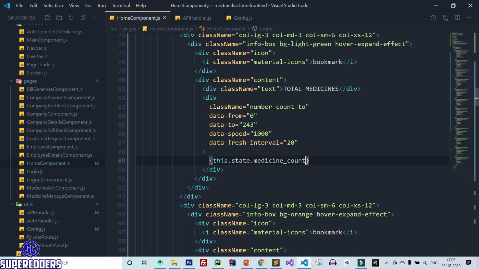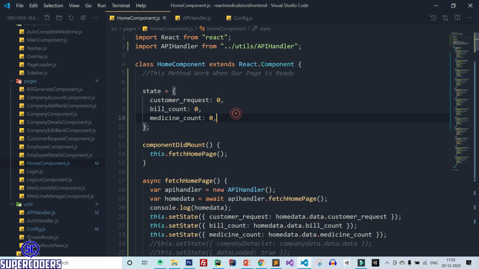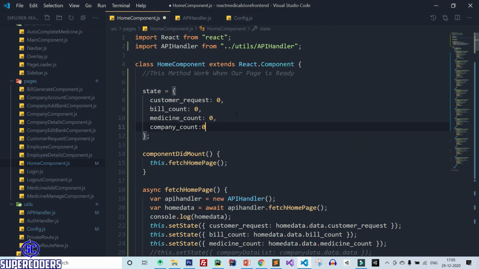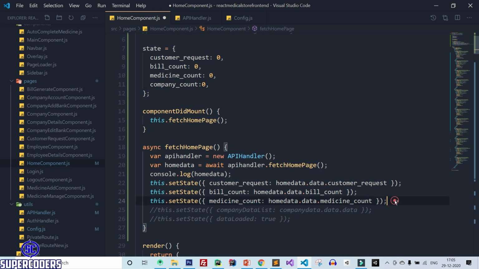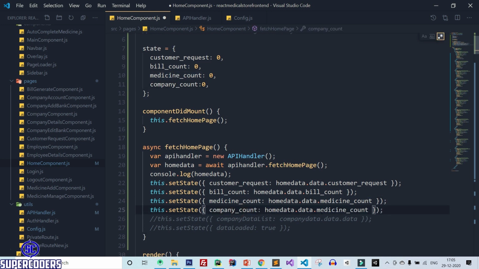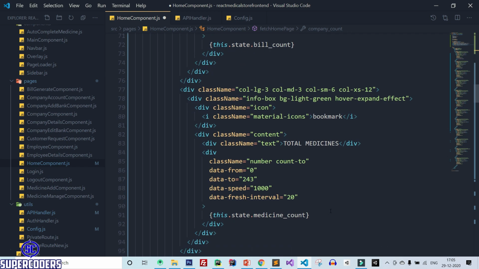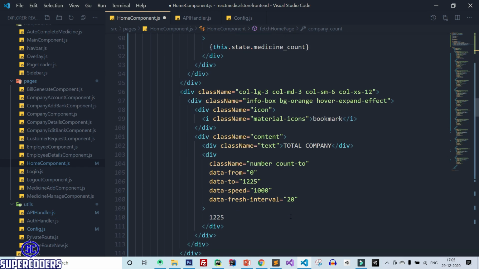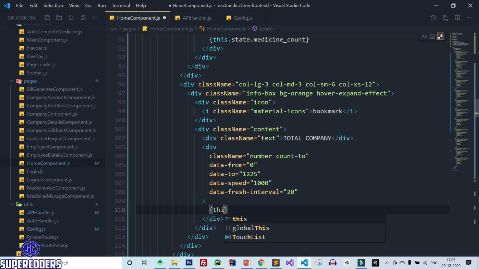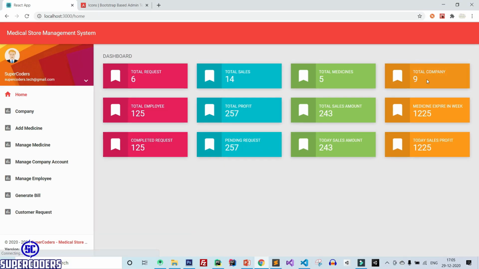Back to VS Code, adding the key in state, company count 0, then changing it to company count home data dot data company count. After that, in our page, this dot state dot company count. Save it, back to Chrome, and you can see all the company data count is showing now.